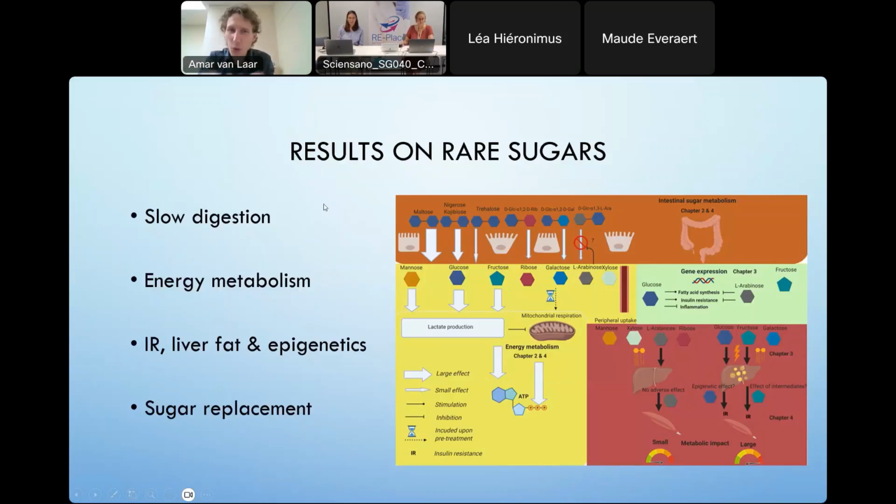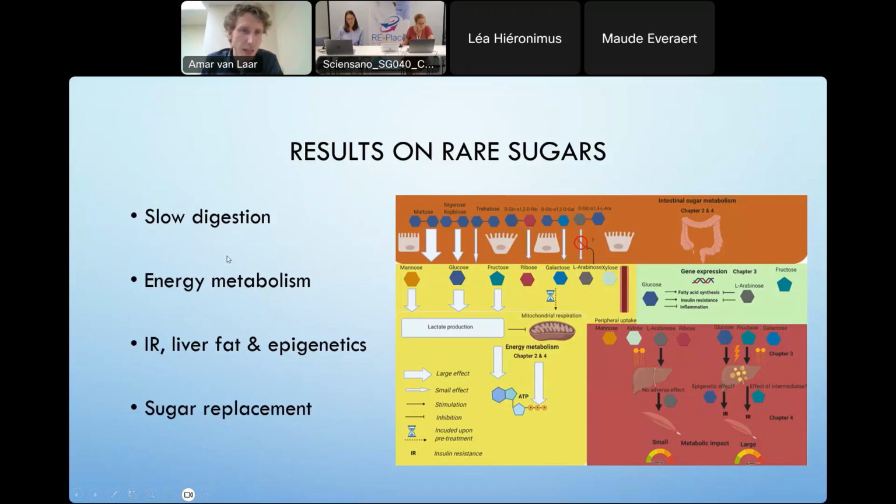Well, by measuring all these different things, we found that the model was able to provide some interesting results. So first of all, with this model, we were able to identify that rare sugars are more slowly digestible than conventional sugars such as maltose as a breakdown product of starch, with also differences between different rare sugars. We see that, for example, kojibiose and nigerose are still relatively quickly digestible as rare sugars.